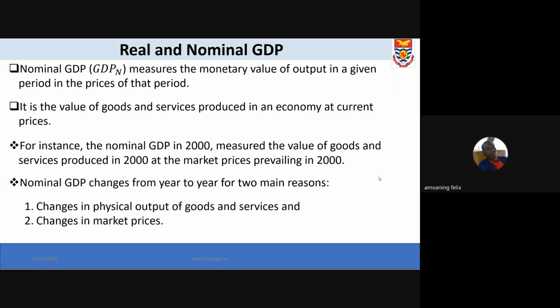So it is the value of goods and services produced in an economy at the current price. So we are looking at the current price and the current quantity of the goods and services that was produced. So let's give ourselves an example. Let's assume that the nominal GDP for 2020